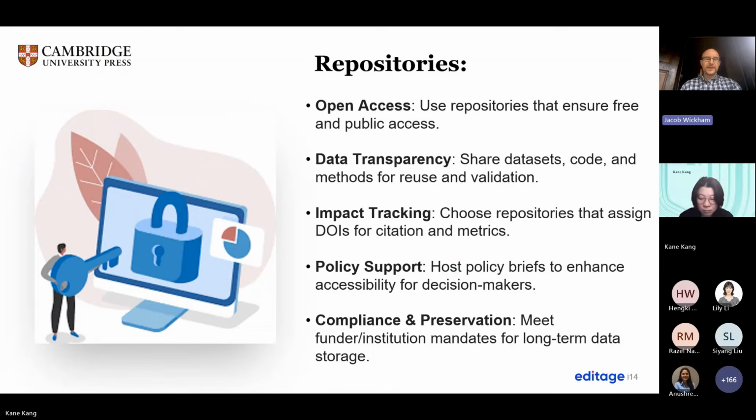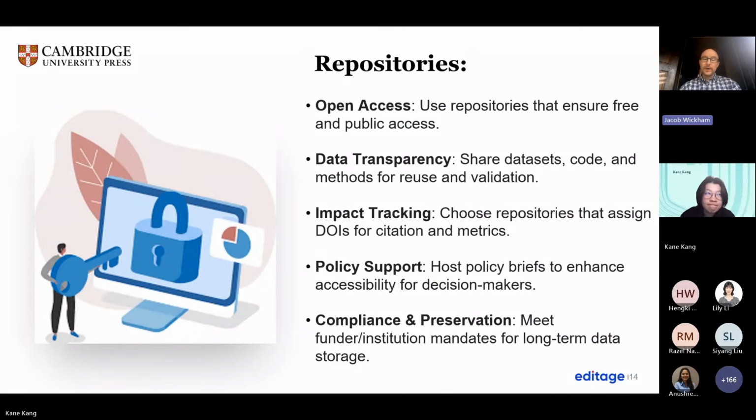This increases the transparency of your work. You can also share codes and methodologies. And you can also track the impact of your paper. If you want to share your data, you can share it in a repository that assigns DOI numbers, and your data sets can also be cited. So you can track your impact by using repositories that assign DOI numbers.